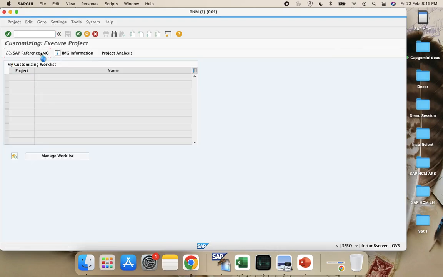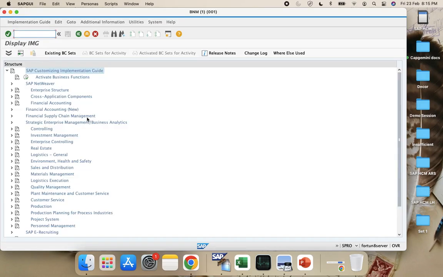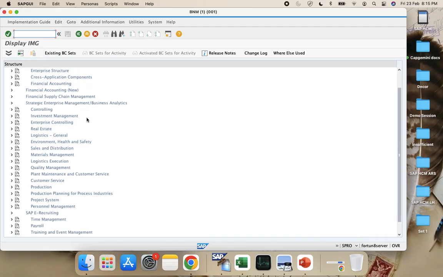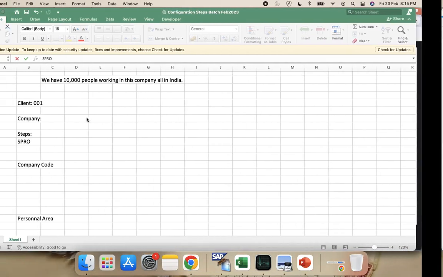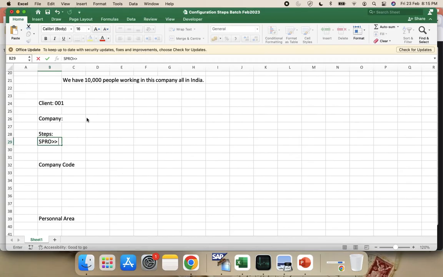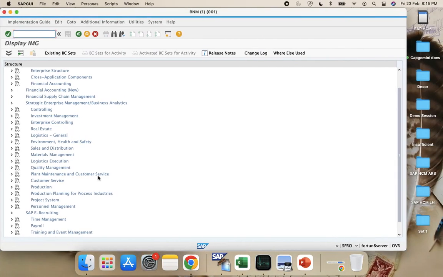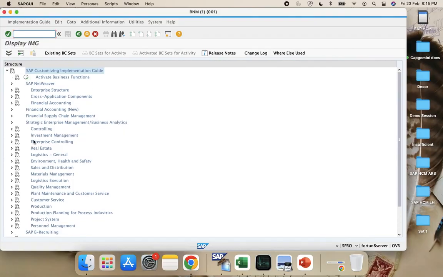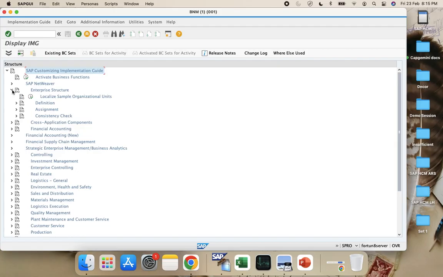Then I'll click onto the SAP reference IMG screen, IMG menu. What is the next step? Next step, I will find over here this field, which is known as the enterprise structure. Remember, enterprise structure. I will make a note of it so that you would not feel any problem while